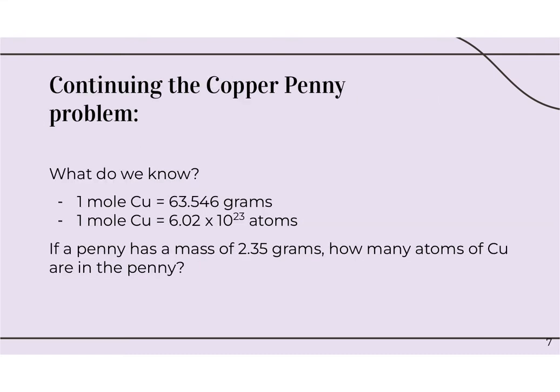Okay, so let's continue this problem. Let's actually solve it out. I know that 1 mole of copper is always going to be 63.546 grams. And I also know that 1 mole of copper is always 6.02 times 10 to the 23rd atoms. So if I know how heavy that penny is, I know that it's 2.35 grams, I want to convert it to atoms. Now here's the deal. I can't do this